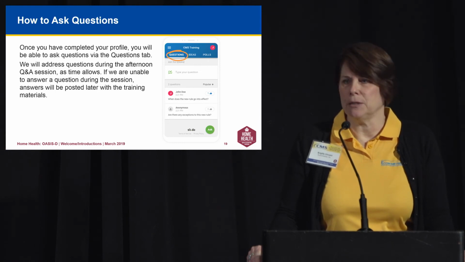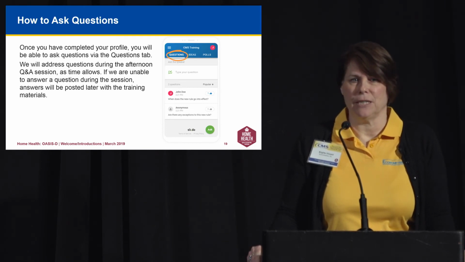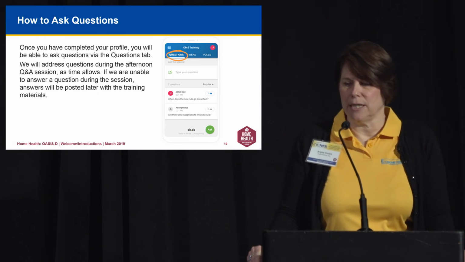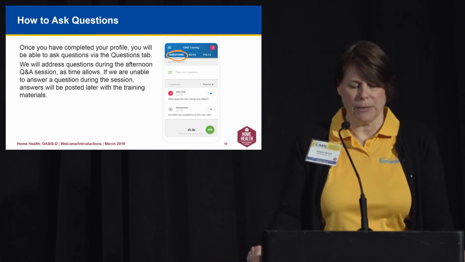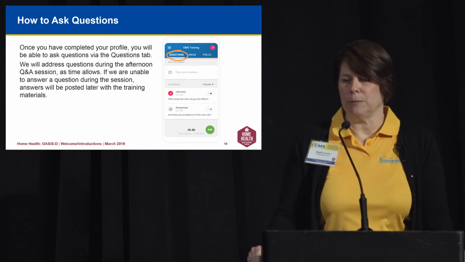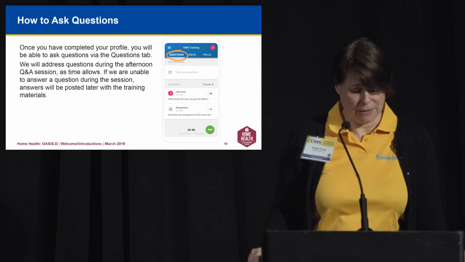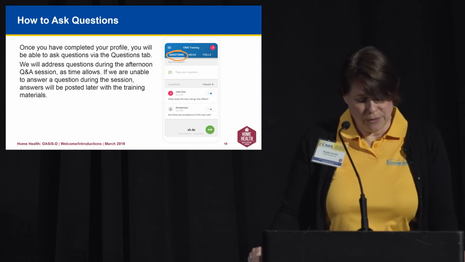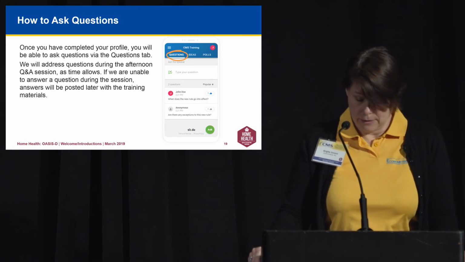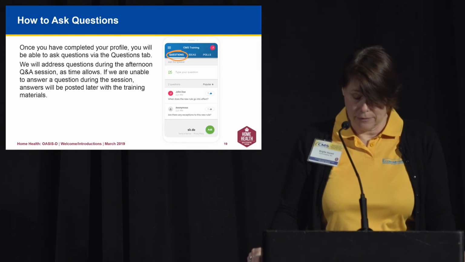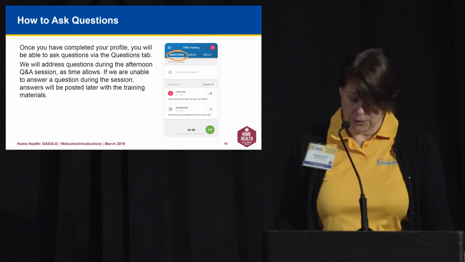So for the people in the room, let me know when you've got your profile set up, basically your name entered, your company and your email address. It should then take you back to the questions screen. And again, you want to be on the tab across the top that says questions. So once you've completed that tab, what we'd like you to do is